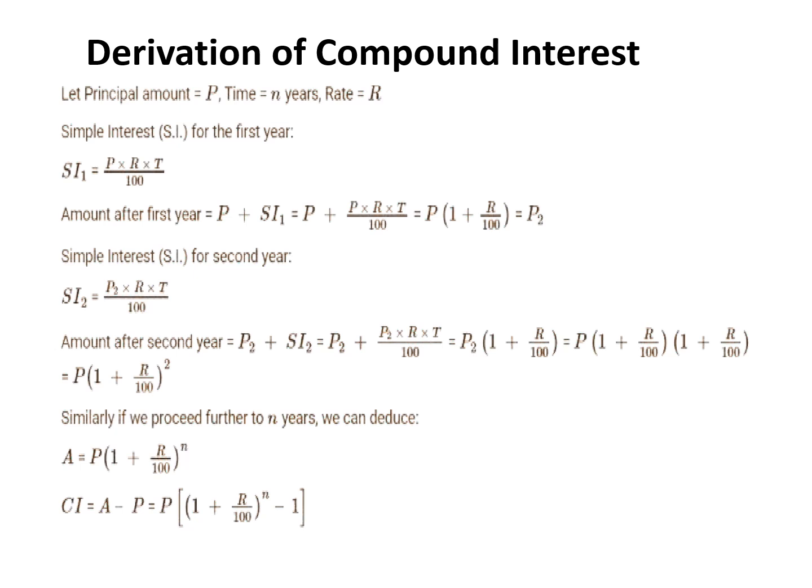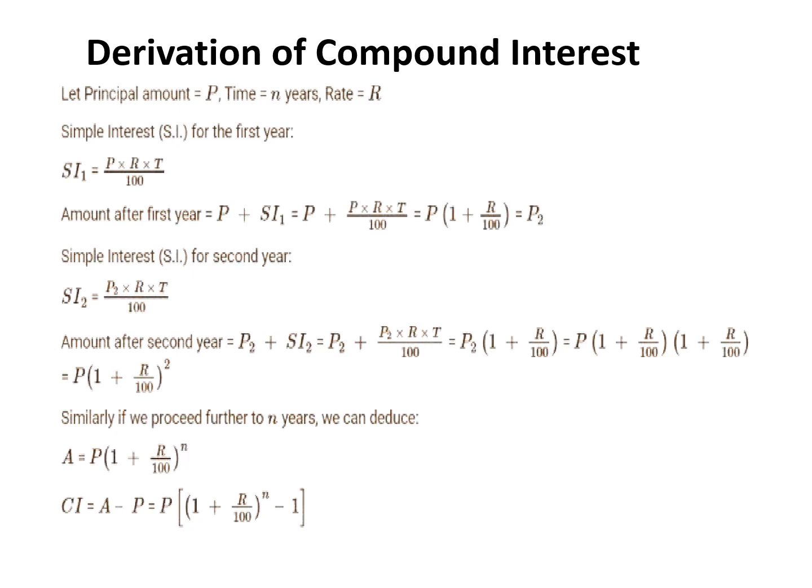Next, simple interest for second year. Here, simple interest for second year, we just put 2 in the suffix, which is equals to, again from the same formula, PRT by 100. But here, instead of P, we just put P2. Amount after the second year. Amount formula is P2 plus simple interest 2, where 2 means second year, which is equals to